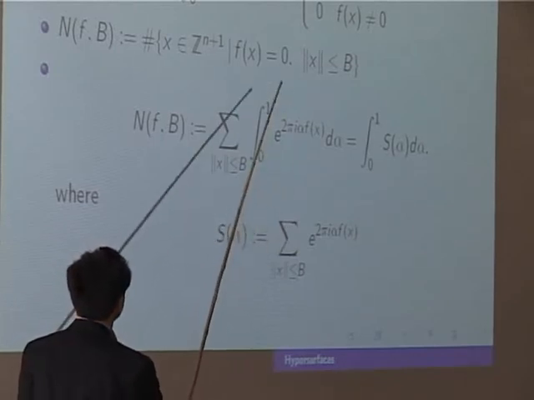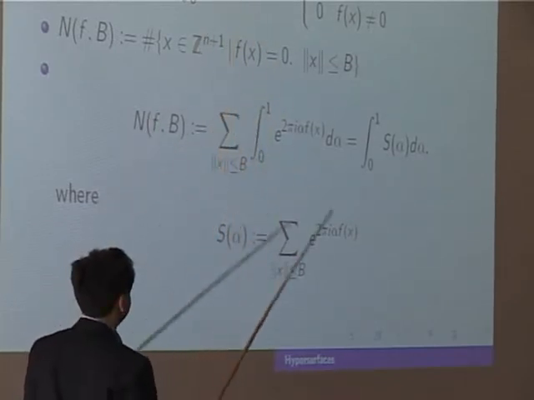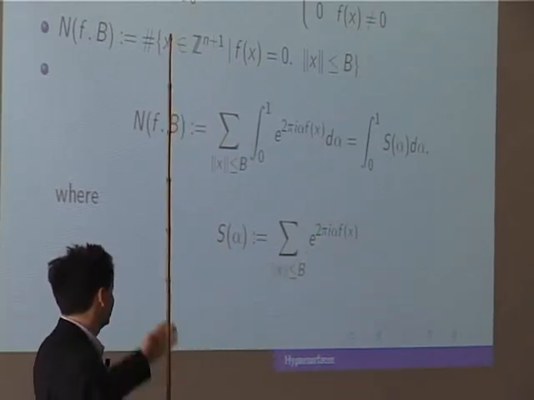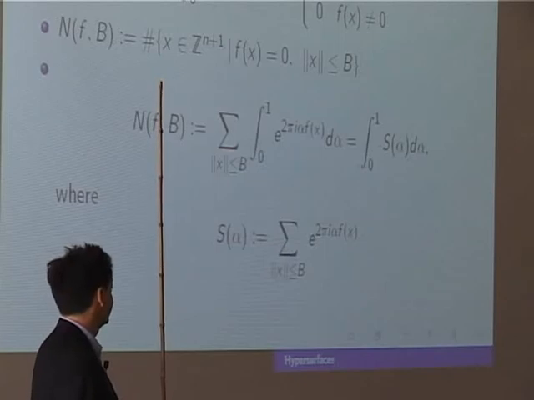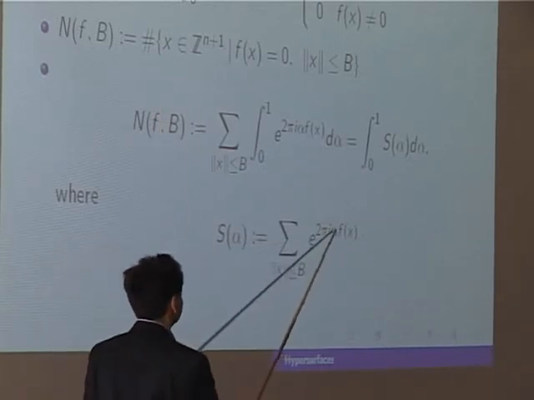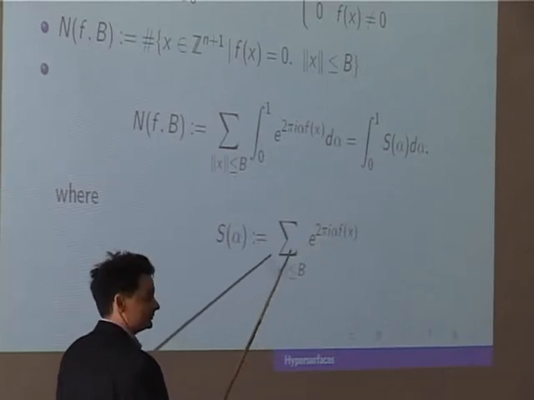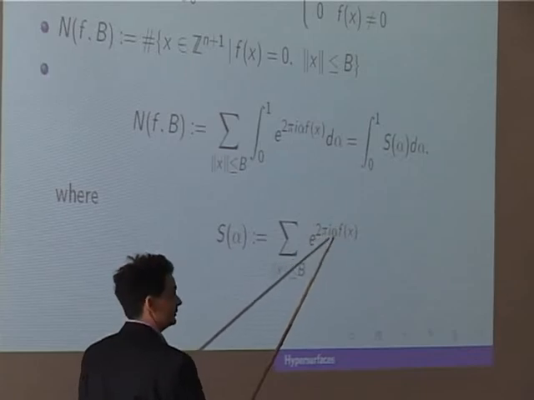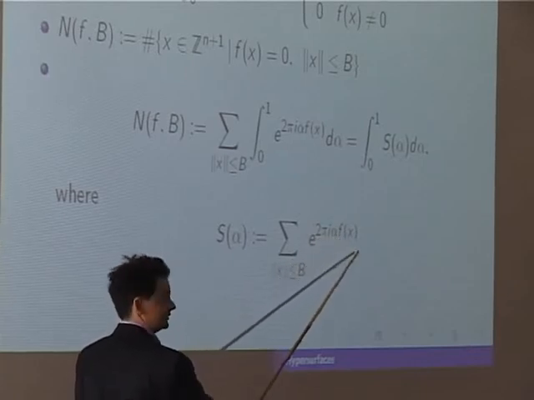Alpha is our real variable here. The question is, how do such exponential sums behave? If alpha is 0, then we are just summing once. But if alpha is 1/2, then every time f of x is divisible by 2,